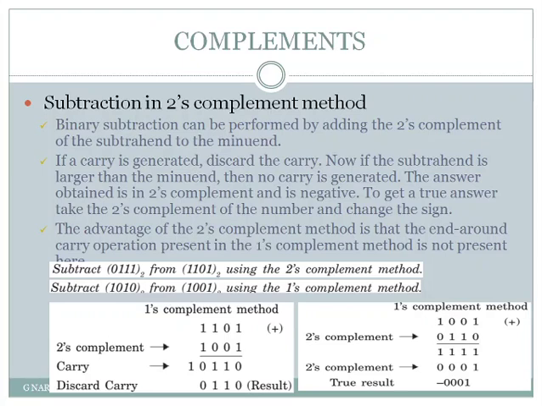So to perform subtraction in two's complement method, what you have to do? Add the minuend to the two's complement of the subtrahend. It means whatever the subtrahend that you want to subtract from the minuend in the normal subtraction, but here you have to take the two's complement of the subtrahend and add it to the minuend. So here also the carry is generated. So here simply you discard the carry,